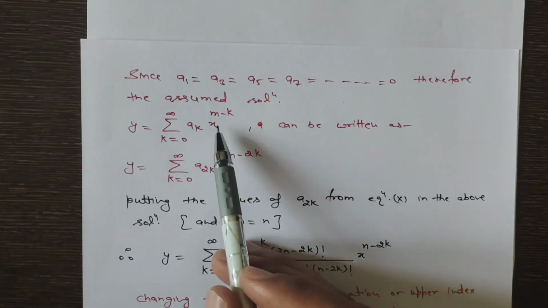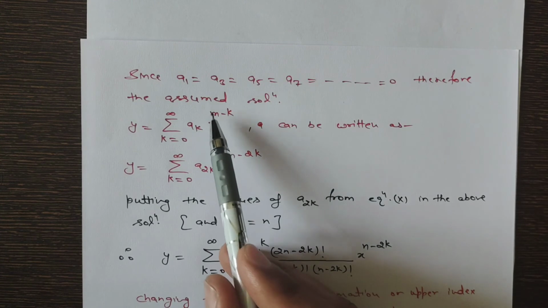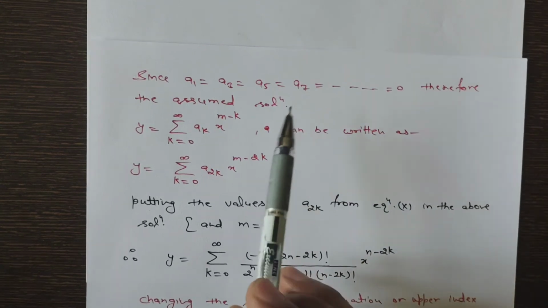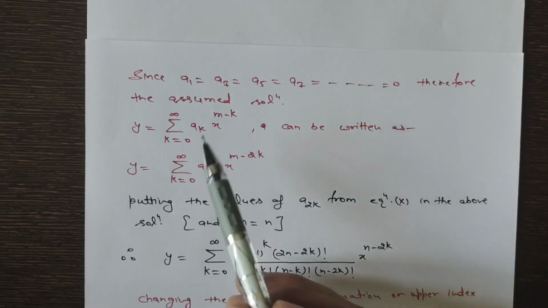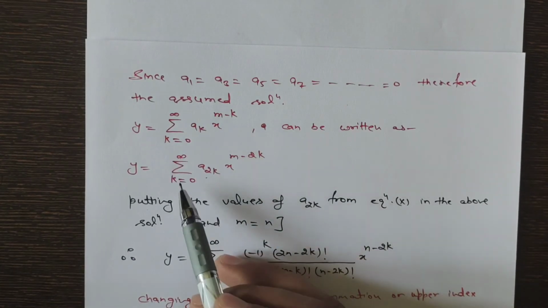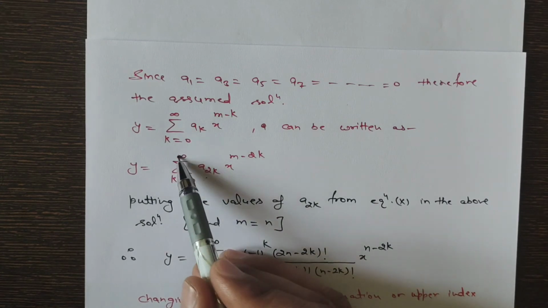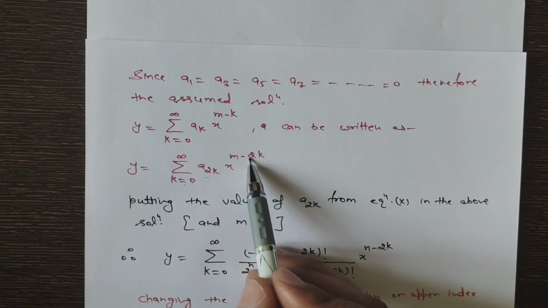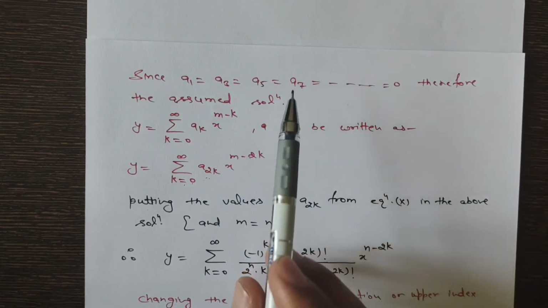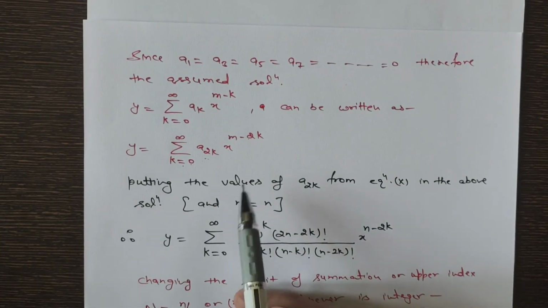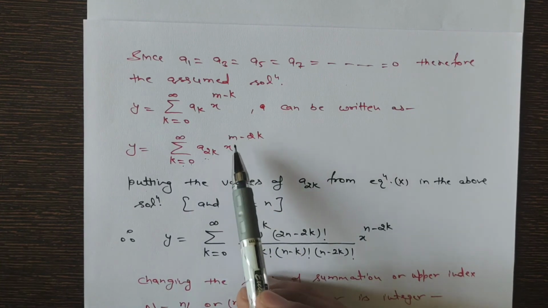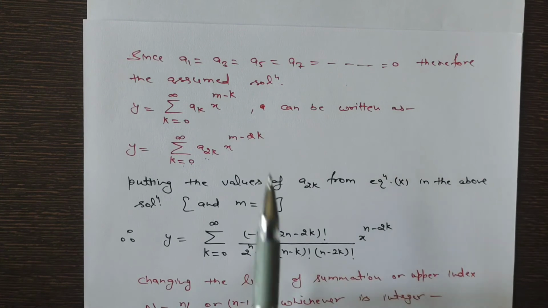And since we are solving the first case when m is n, we can put the value of m as n, and since odd coefficients are 0, in place of considering these 0 coefficients, I can simply replace the coefficients a k by a to k. So the assumed solution will be of this form: summation over k starting from 0 to infinity a to k x raised to power m minus 2k. Simply replace k by 2k, so that the contribution from the odd coefficients will be automatically excluded. So now we will only have a0, a2, a4, a6. Clear? And since m is n, we can put m equals to n here.